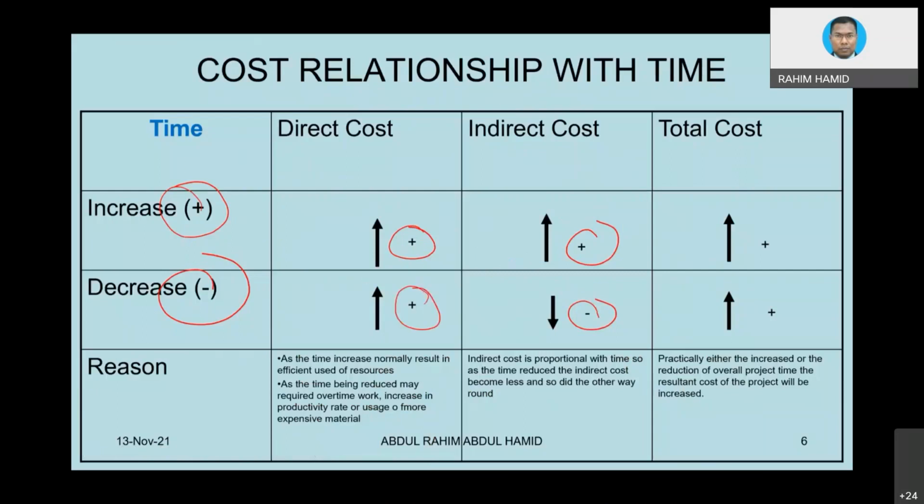The direct cost will increase due to the fact that you need to add more people, bring in larger machinery, and work at night, three shifts. So basically you may even need to change the construction technique from conventional construction into IBS, and IBS, as you know, is still very expensive in Malaysia. We do not have the volume yet. So at the end of the day, when you add this value plus this value, there is a possibility that the project cost will be increased,